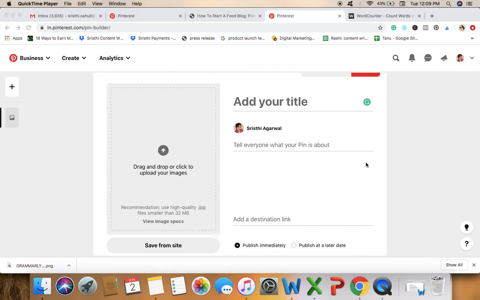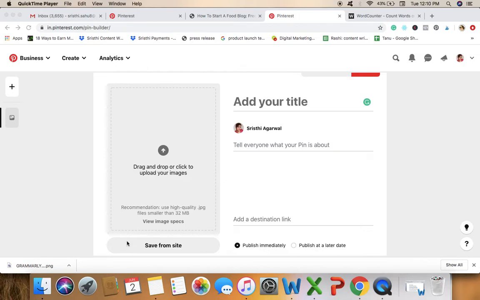And today we are going to learn how to write Pinterest titles and descriptions. In the previous tutorial, we found how exactly to find keywords without using any tool. There we just used Pinterest search. We collected the keywords in tutorial number 5. Now we are going to learn how to write the title and description by inserting those keywords.